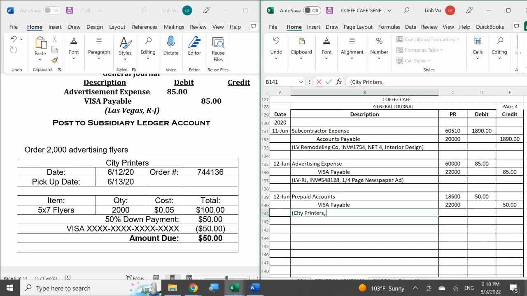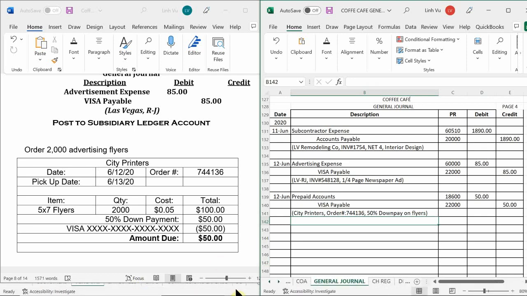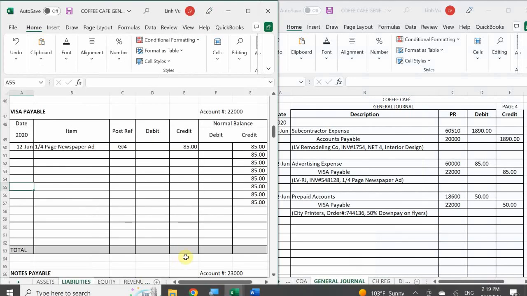Okay. In this case, do we have an invoice number or an order number? Yes. 744136. Okay. 50% down payment on flyers. Okay. All right. So that's all of our information right there. No need for the check register, no need for a purchase order, no need for anything, right? All right. So then now we can go to our